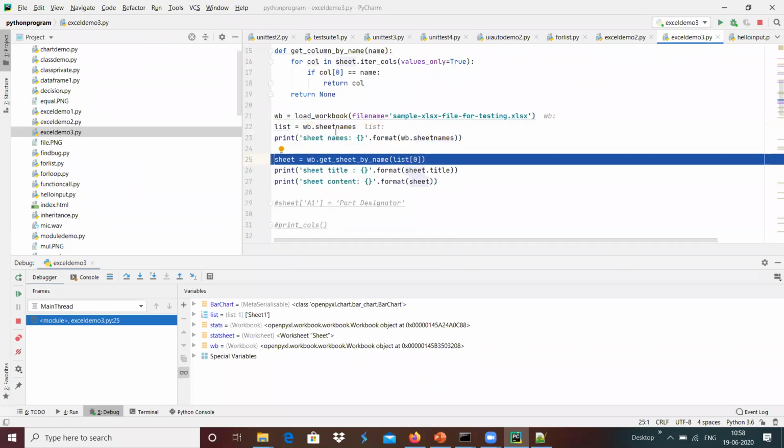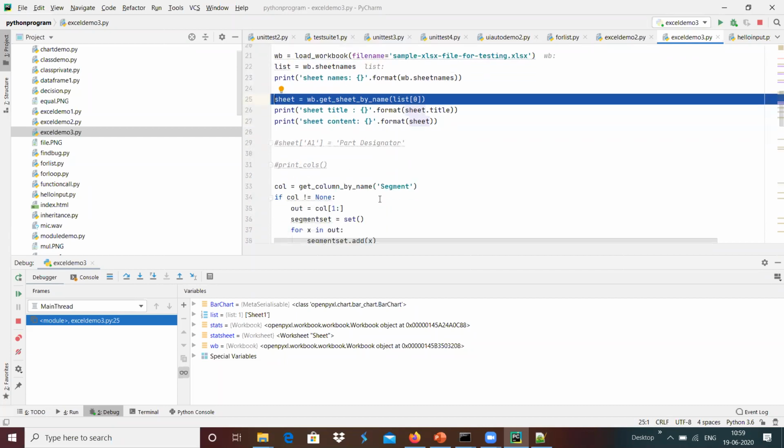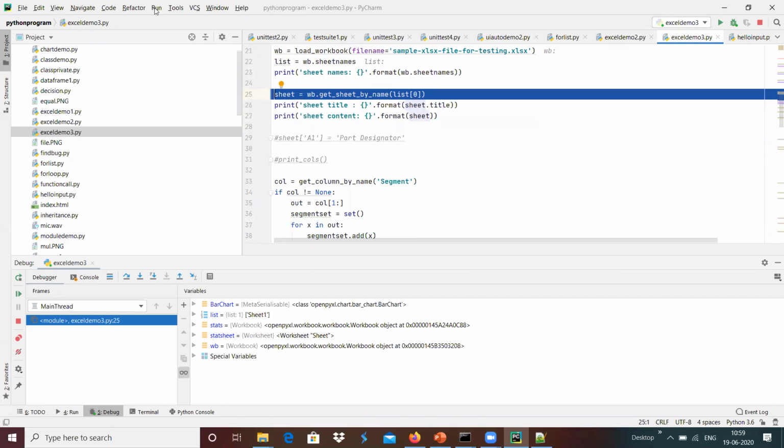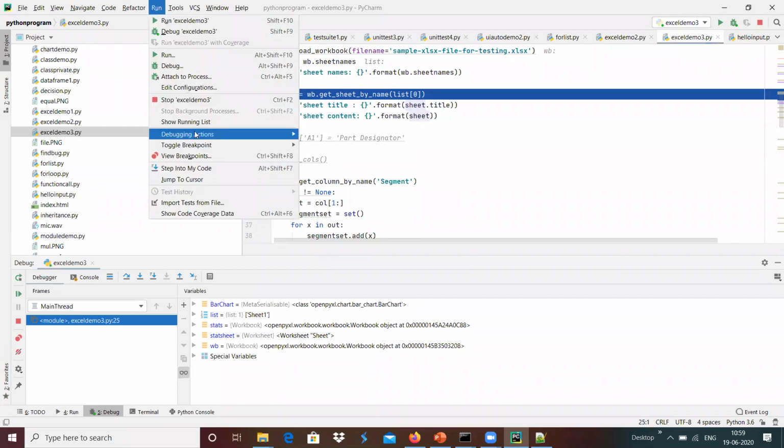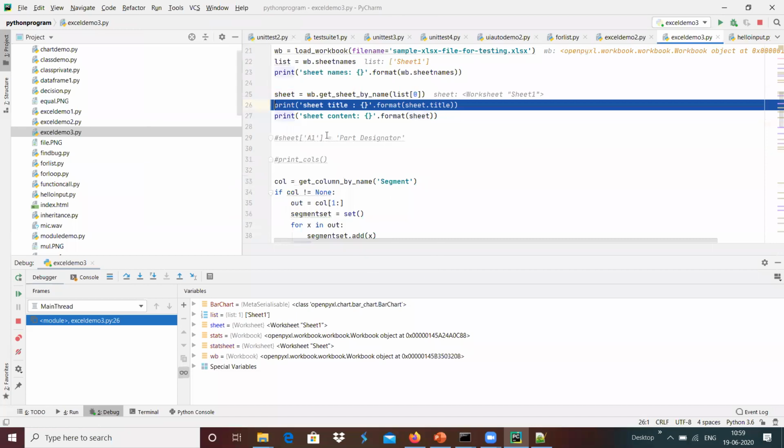over here, and here we got get_sheet_by_name, which is the Python function we are calling here. We wanted to get the sheet by name, and we call it from here. And I'm going to run the step over, and it prints the current sheet title.